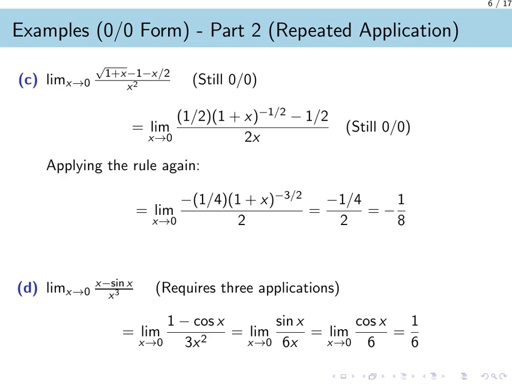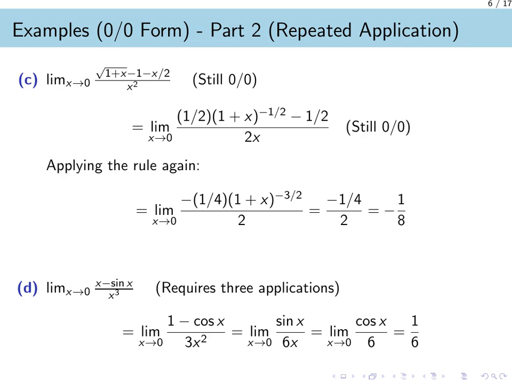Sometimes, applying L'Hopital's rule once is not enough to resolve an indeterminate form, and in these cases, we can apply the rule repeatedly. The process is straightforward. After you apply the rule, you check the new limit. If it is still an indeterminate form like 0 over 0, you simply apply the rule again to the new fraction of derivatives. For example, to find the limit of the quantity x minus sine x all over x cubed,